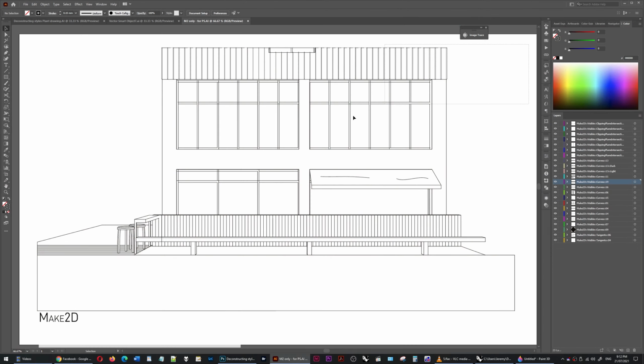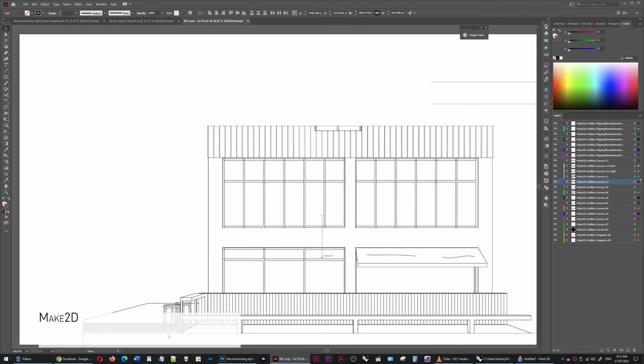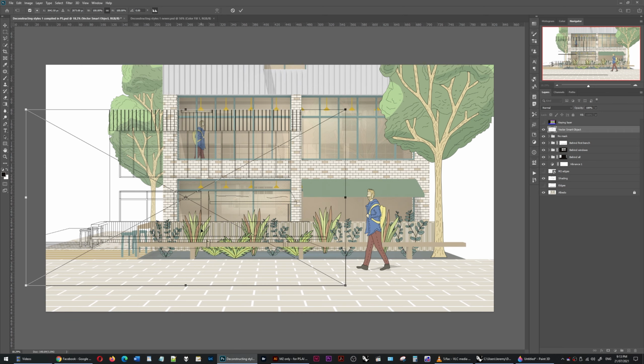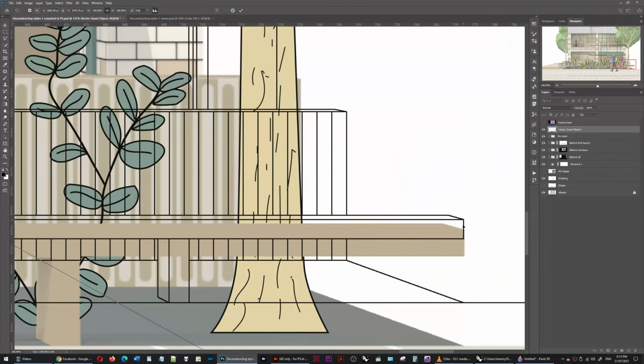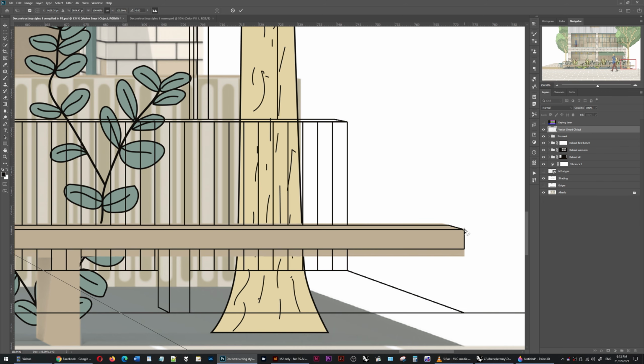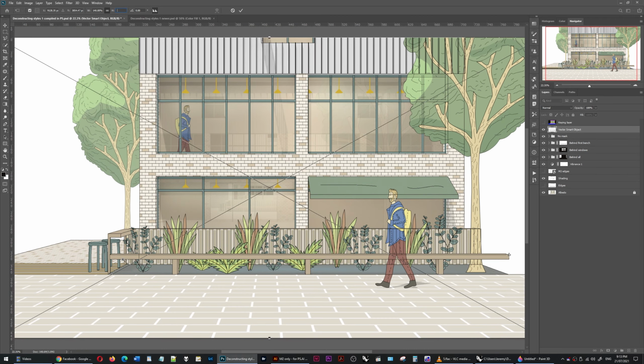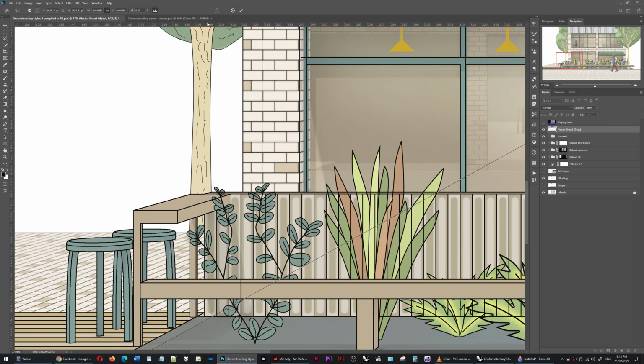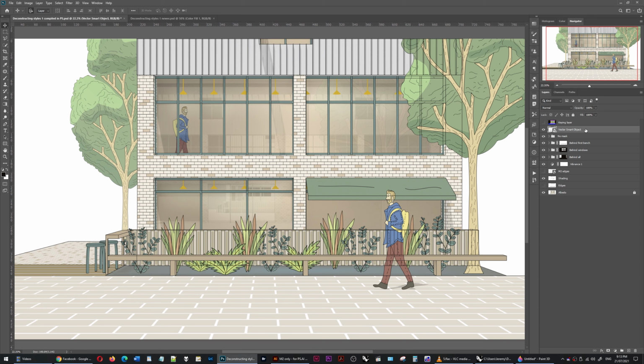For the Make 2D component, I simply dragged the Illustrator contents into the Photoshop file and scaled it as before by putting a point at a known corner, placing the anchor point at that point, and then changing the percentage until it fits. And then I press OK. And change the order so that it appears behind the other